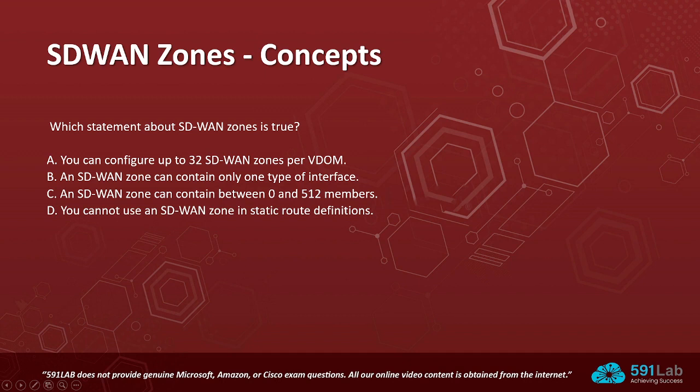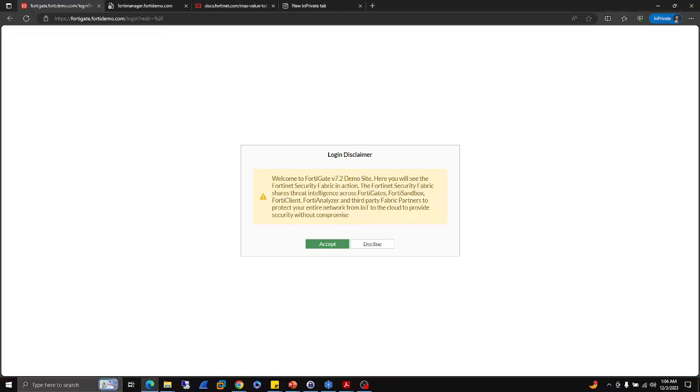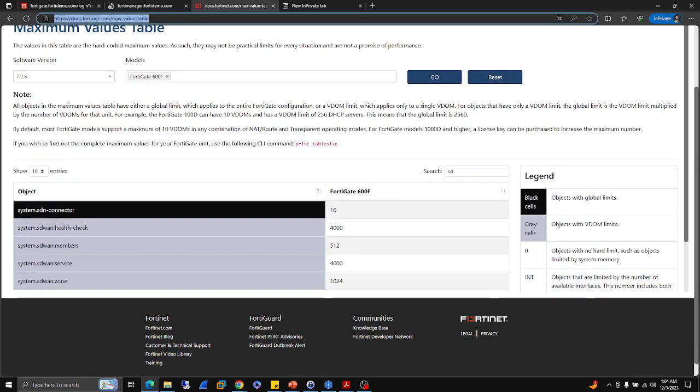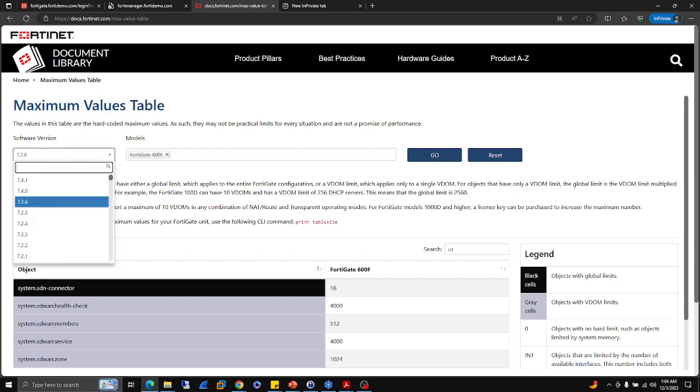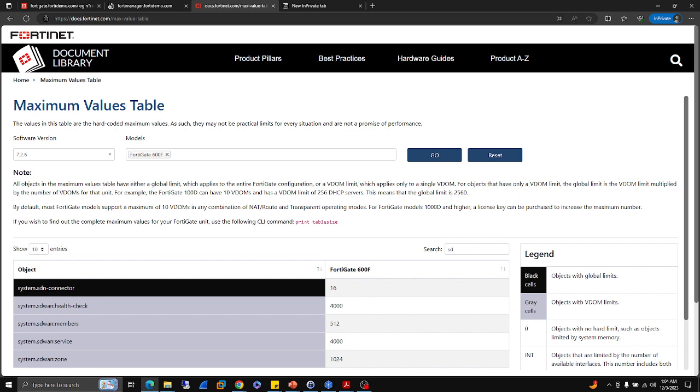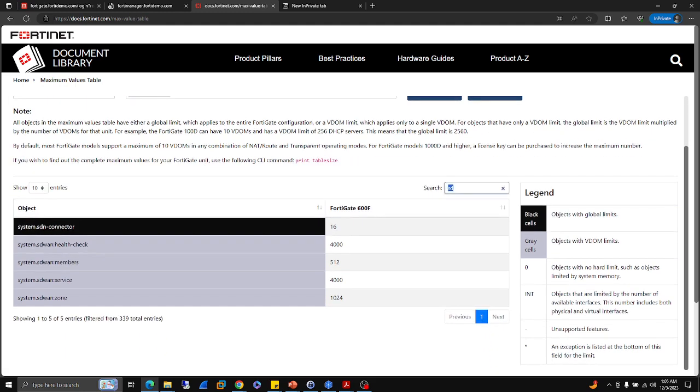So let's look at the official documentation, because there are some specific parameters that are very difficult to test on labs. For example, you can configure 32 SD-WAN zones in one VDOM, but it's better if you take a look at the official documentation of Fortinet. On this page, we have a maximum values table, and we took our version that is 7.2.6, and for the FortiGate we took a model, for example, this one that you see there, and if we make a search,